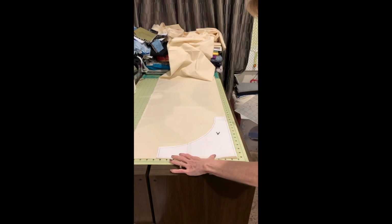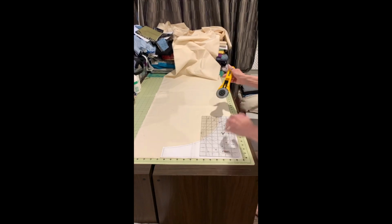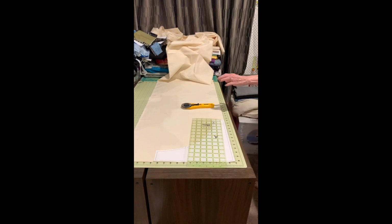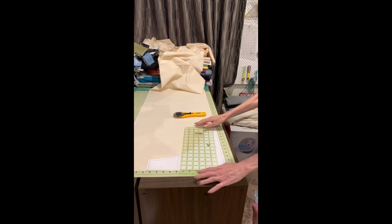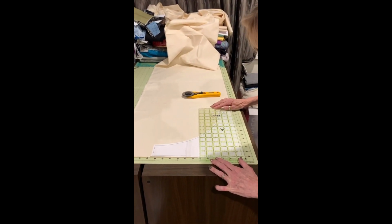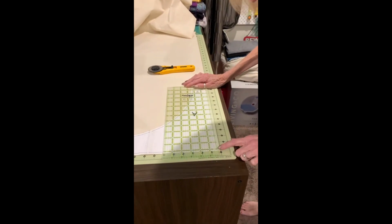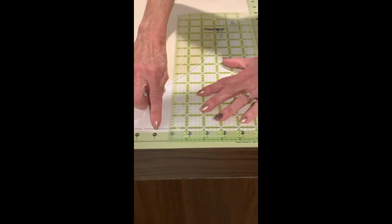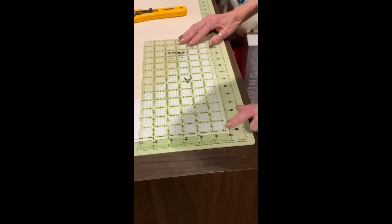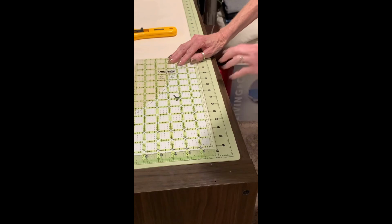Since I've already straightened that line, I am going to get a longer ruler and cut this side here, making sure I keep that bottom side straight. And another thing is, I don't know if you can see this, but I'm laying the line. See, there's a stitch line, and I've added your seam allowance. I'm laying my 1/4 inch line on that stitch line so that I get my perfect 1/4 inch